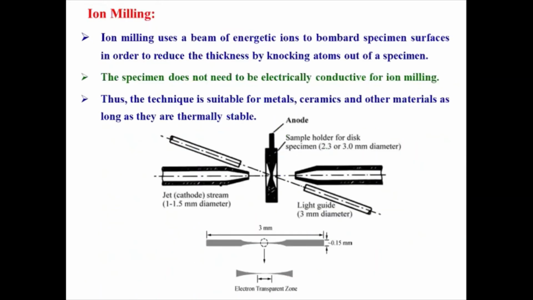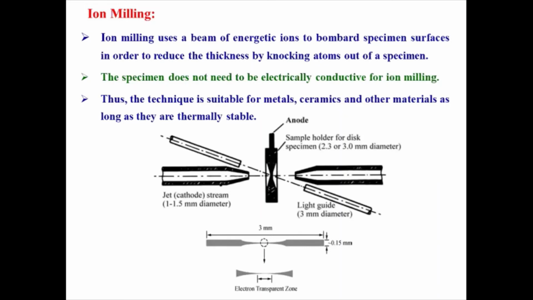Prior to ion milling, you actually have to do mechanical polishing for metallurgical samples like steels. First, there is mechanical polishing, then some electrochemical polishing, then dimple formation, and then you get the ion milling. So you use two argon ion beams in an inclined manner so that there is sputtering and atoms from the defined area will be removed so that the thickness in the given area becomes smaller. So you can use this for your solid materials.